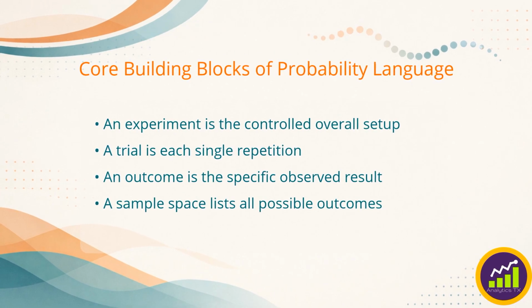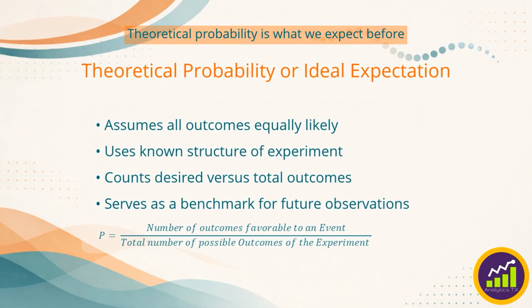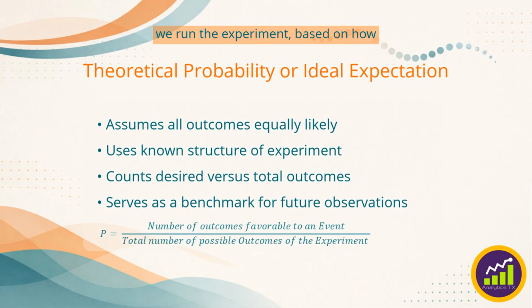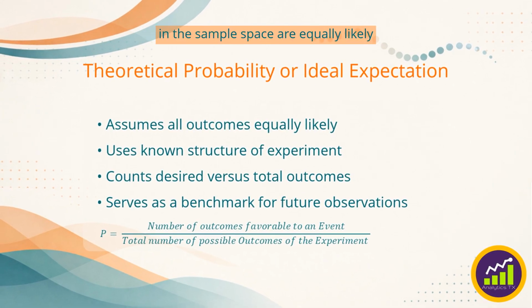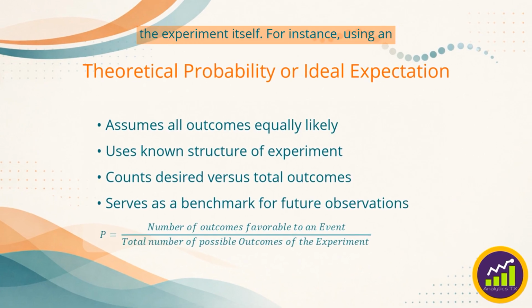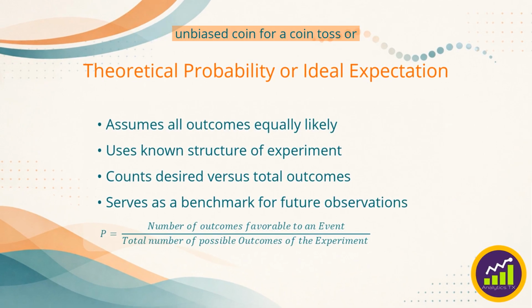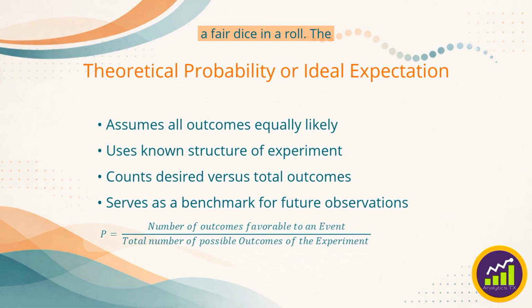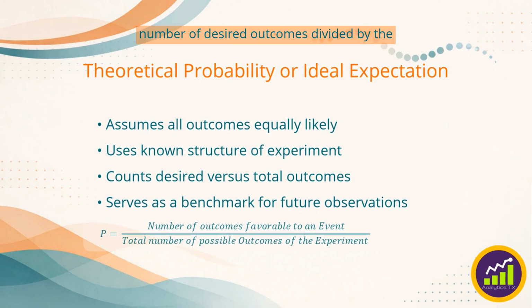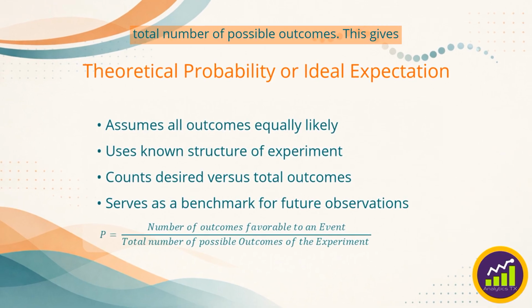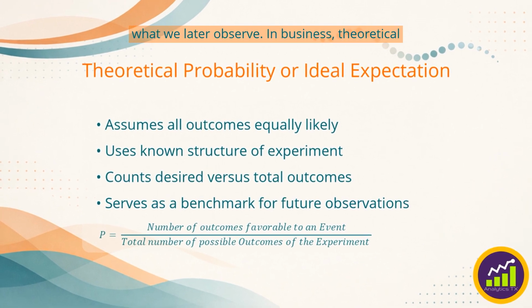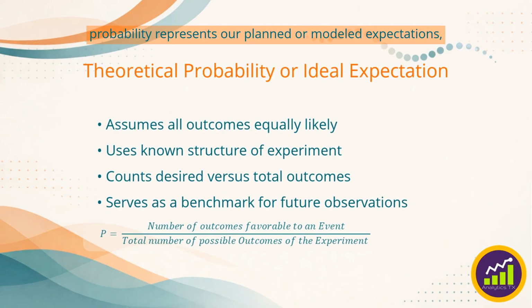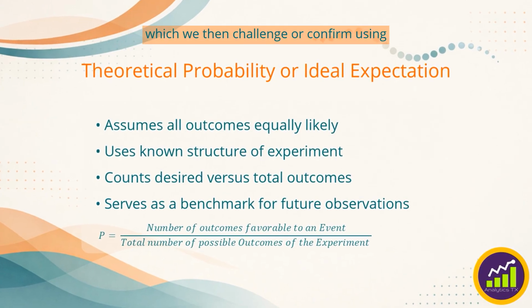for business decisions. Theoretical probability is what we expect before we run the experiment, based on how the setup works. We assume all outcomes in the sample space are equally likely and that there is no bias in the experiment itself. For instance, using an unbiased coin for a coin toss or a fair dice in a roll. The probability of an event is then the number of desired outcomes divided by the total number of possible outcomes. This gives us a clean benchmark to compare against what we later observe. In business, theoretical probability represents our planned or modeled expectations, which we then challenge or confirm using real data over